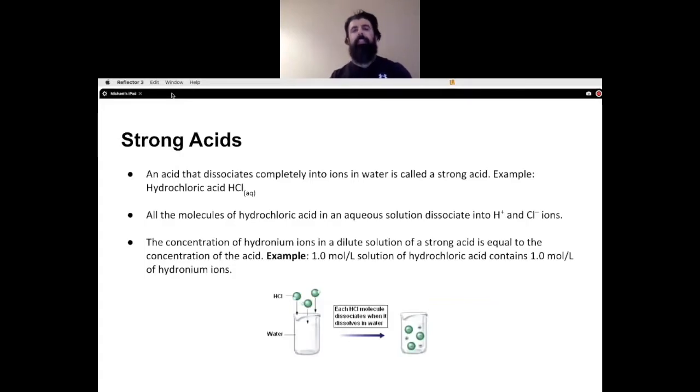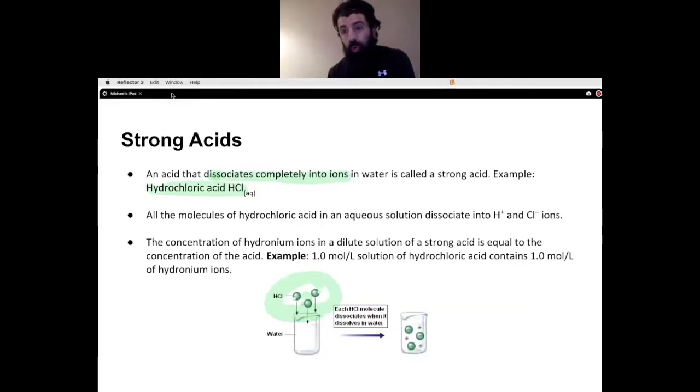An acid that dissociates completely into ions in water is called a strong acid. An example of a strong acid is here, as we have hydrochloric acid. There's a list of strong and weak acids that you will see throughout this lesson. Clearly, you're not going to have to memorize any of the strong acids. But anyhow, what this means is that they dissociate completely into ions, which means that every HCl